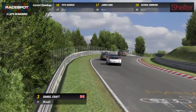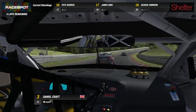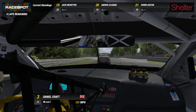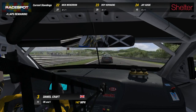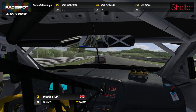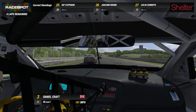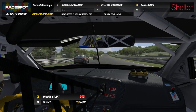But now we head ourselves onto the very, very fast and very furious section of track. I just love how long this straightaway is. Here we go then. Pick up the power. And from here on in, you get yourself a nice 10-second breather. And these guys will hit the fastest speeds they will do all season long. It's interesting to note as well, we have got ourselves very slight winds here. And Kraft actually